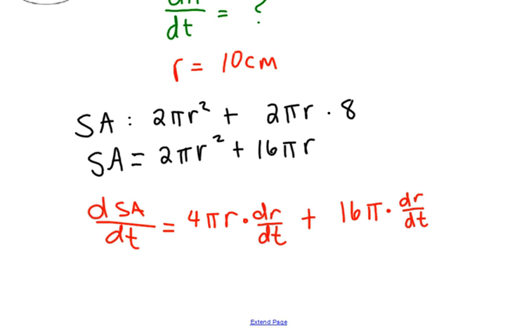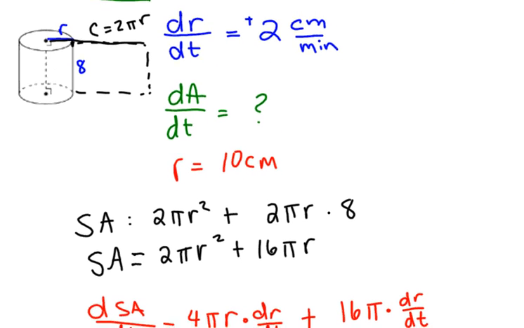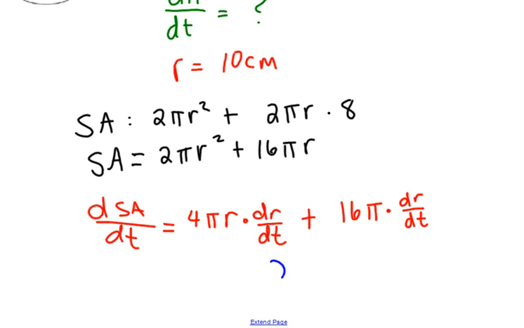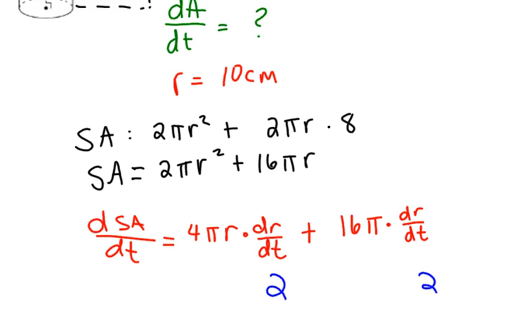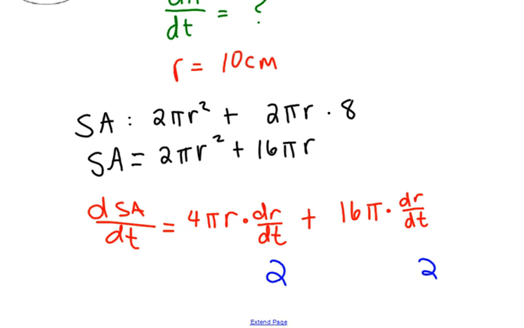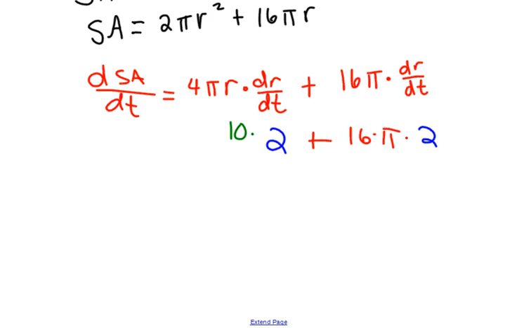Once we've got our derivative, now we just substitute all of our given information in. So we know dr/dt is 2. And we know our radius is 10. And then the 4 pi stays there. 16 pi stays there. And we have dA, the derivative of our surface area with respect to our time, is going to be